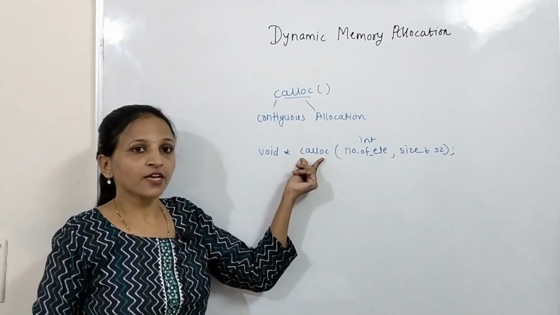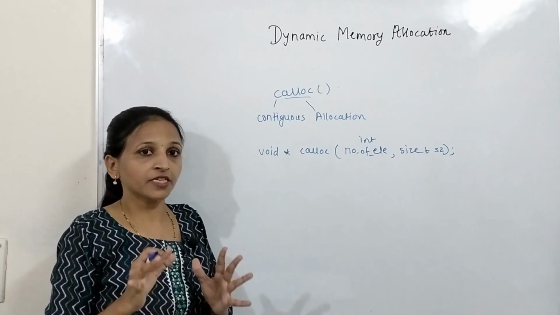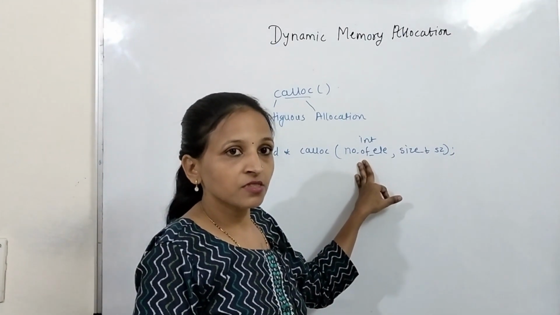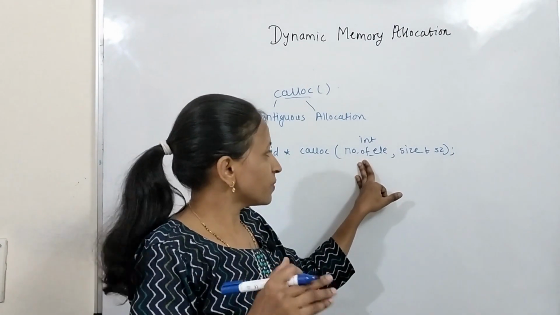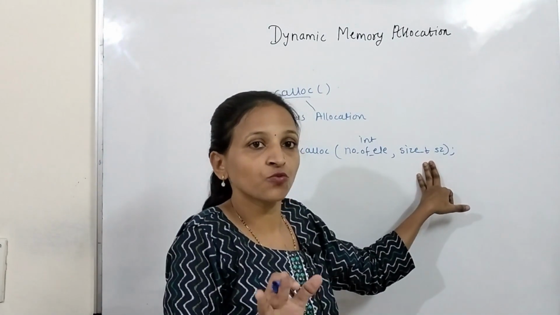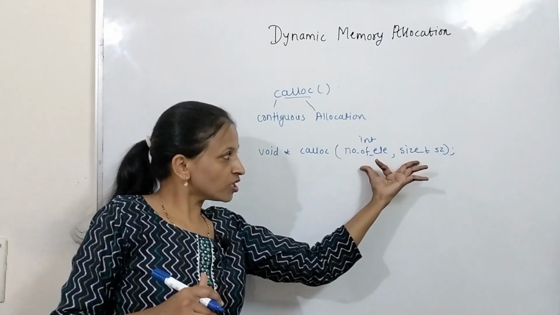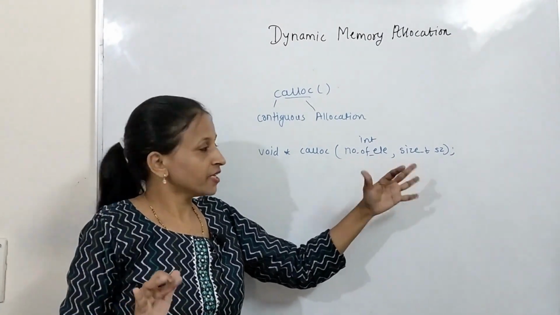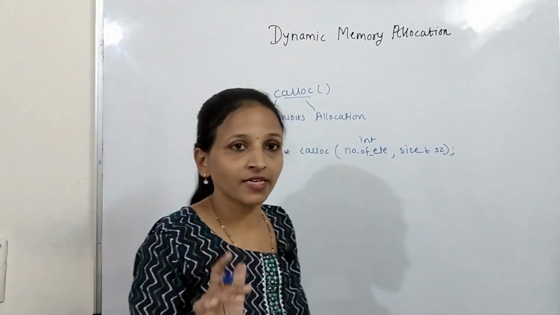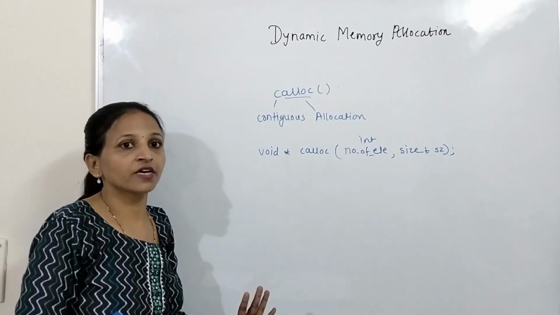Here the function name is calloc, and it returns a void star pointer. Again, just like malloc, it returns a generic pointer. How many elements we have to mention, that is the count. The second is for each element how much space you want to allocate. Means in the case of malloc we pass the total size, and here we pass how many elements and each individual element size. These are the two arguments we have to pass. This is the difference between malloc and calloc.